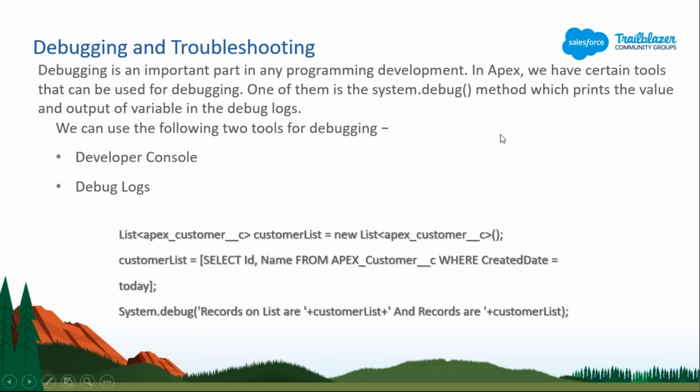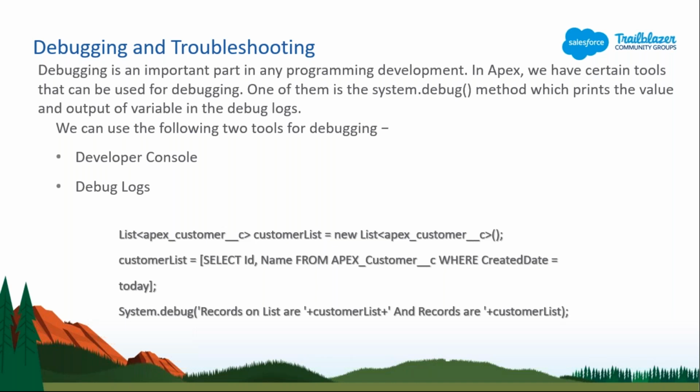Okay, so our last topic is debugging and troubleshooting in Apex. As you all know, every programming language has a debug feature. In C or C++ we have printf, in Java we have println, and in Apex we have System.debug.